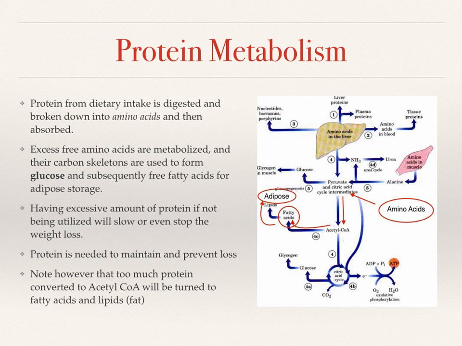And if we have an excess amount of glucose, either directly because of glucose intake or because of an excessive amount of protein that's not being utilized and is converted to glucose, as we talked about during the previous slides, this will result in production of free fatty acids and adipose storage. Having an excess amount of protein, if not utilized, will slow or even in some cases stop the weight loss. Protein is needed to maintain and prevent loss